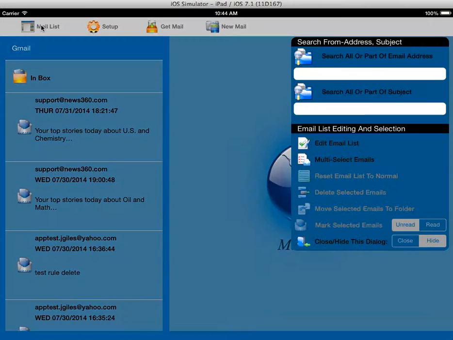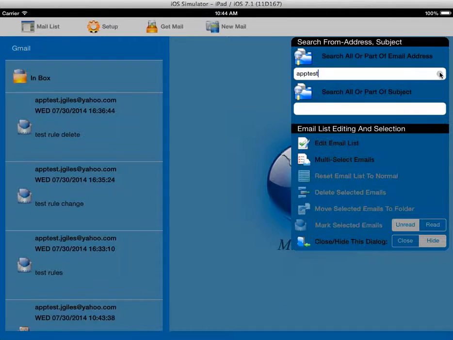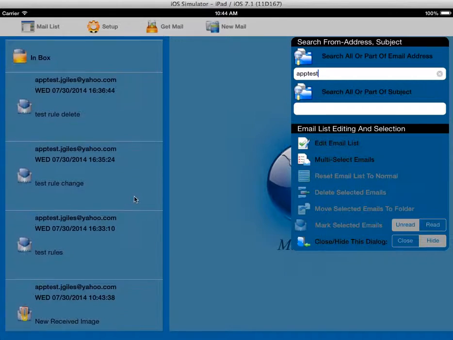I'm going to tap on mail list again. And again, I'm going to use my email search capability and just enter News 360. And wait for a second for the query to take place. Oh, excuse me, I want to put in app test. Let's change that and put in app test. Give it a minute for the query to run. And now if you look inside the inbox, all we see here are just the emails that were from